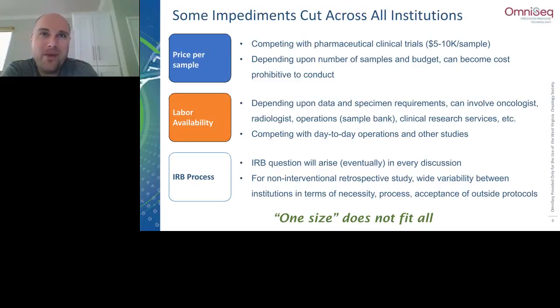This question, while it may not emerge in the initial conversation, in my experience, I would be comfortable saying that almost in every case it will come up at some point. The interesting thing about this is that for a non-interventional retrospective study, which is about the lowest bar you can do in terms of an IRB approval, the necessity for having an independent IRB verification, accepting other institutions' IRB approvals, formatting your own for the specific institution that may contribute samples,